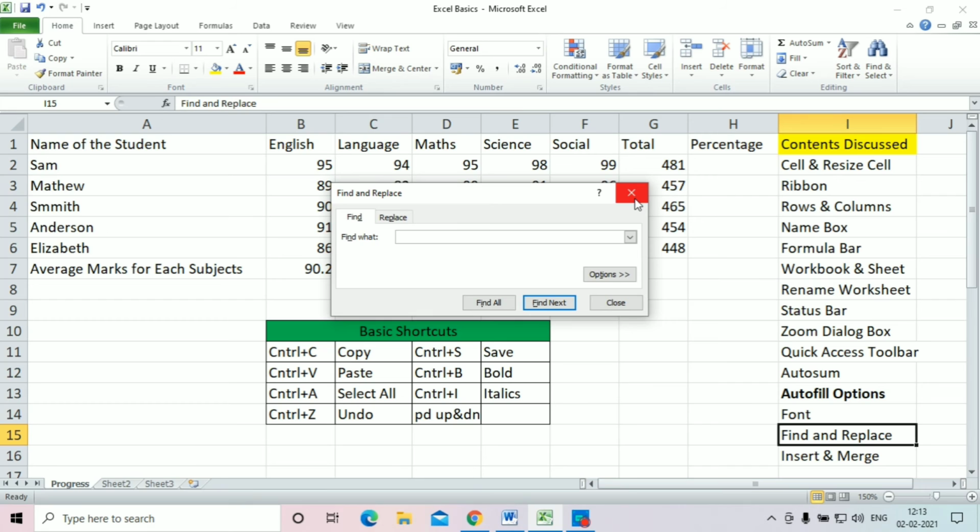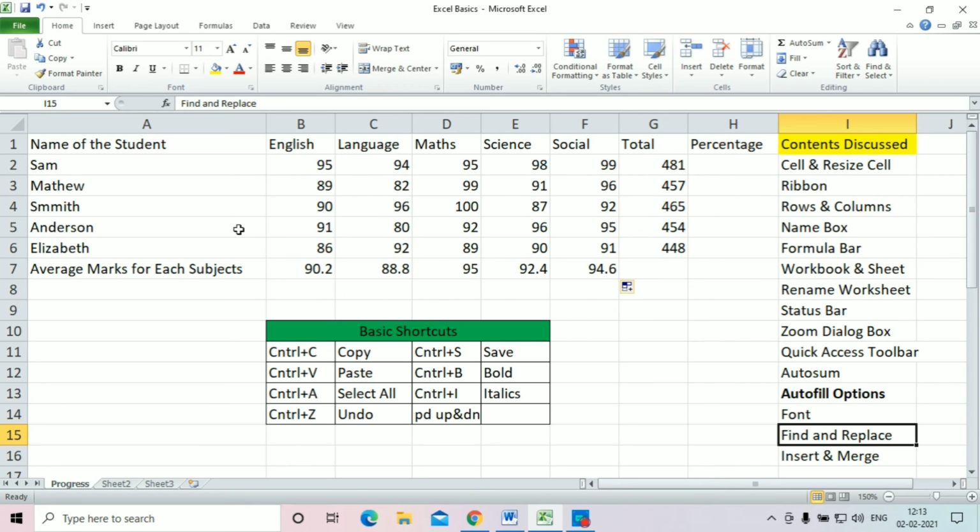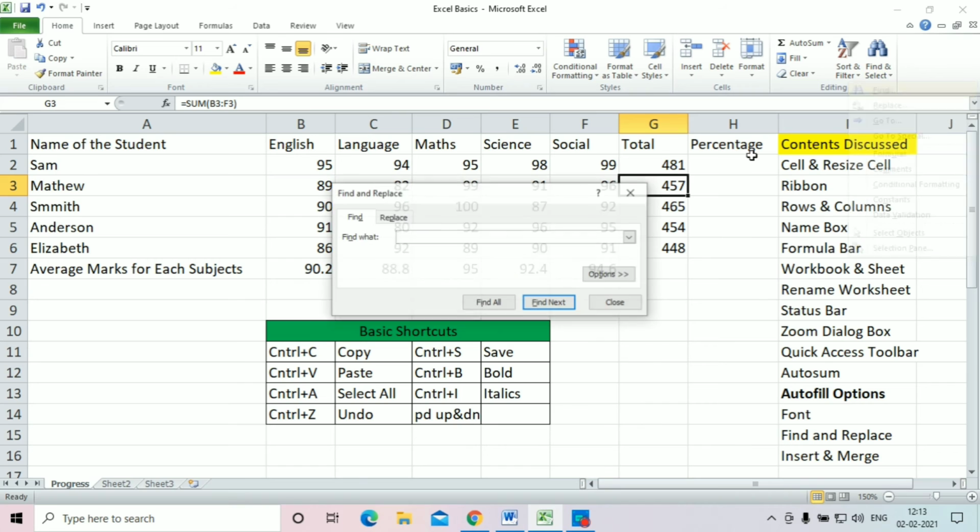For example, imagine there is a spelling mistake, and you can see that Smith is written as SMMITH. It must actually be written as SMITH. If he has appeared for a lot of exams and a lot of errors were there, just click on find and select, then find.